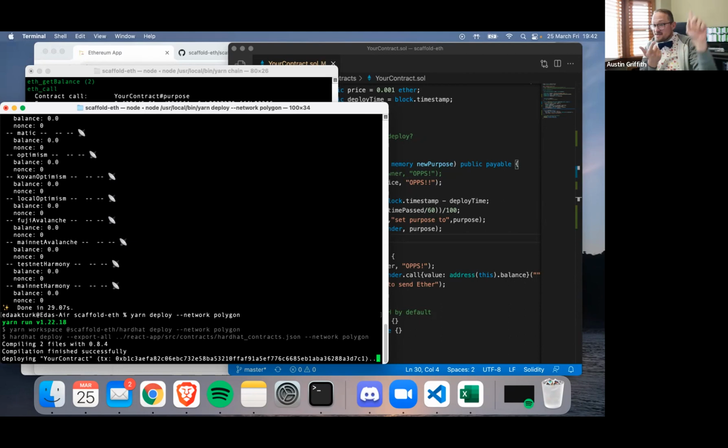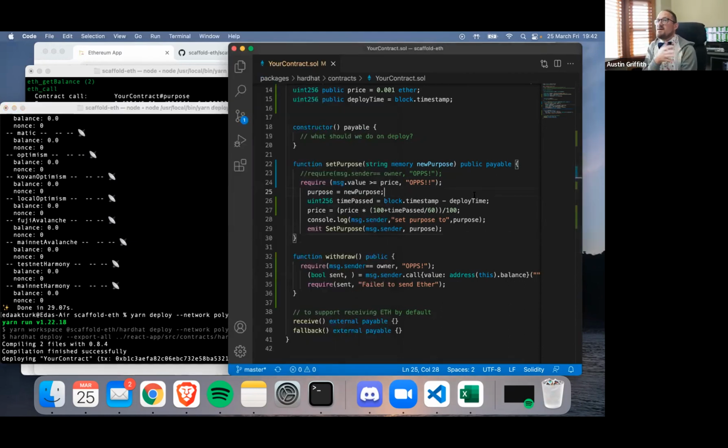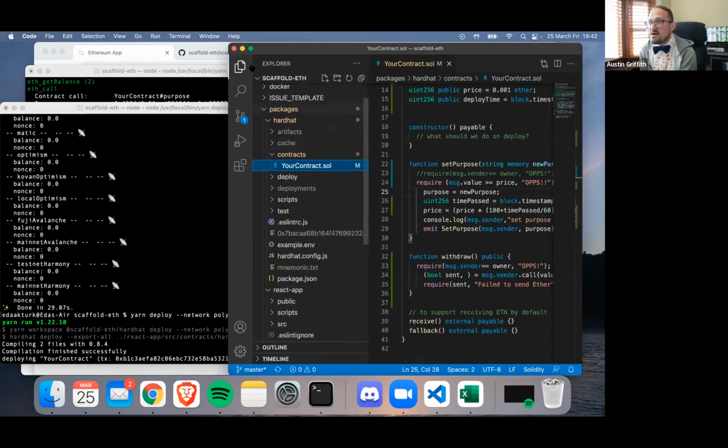To deploy, we basically created an account and we funded it. And then we did a network on our deploy and it sent it to that other network. So the other change we need to make is in our React app. And we really haven't tinkered around much with the React app. But if you head to that side and we go to our source